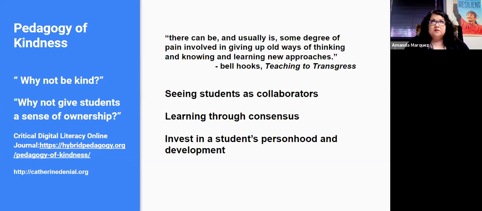And in doing that, it means that as a faculty member, we have to invest in a student's personhood and their development. And so to demonstrate kindness doesn't equate to being nice.